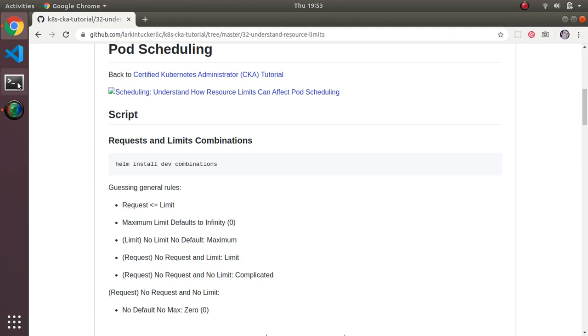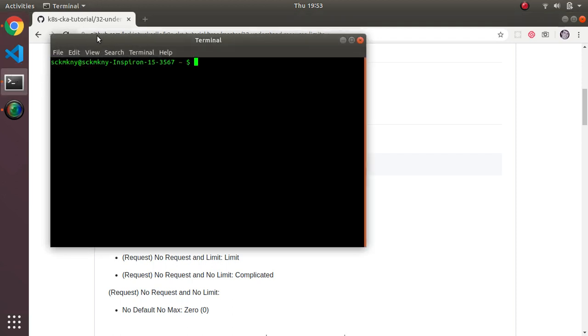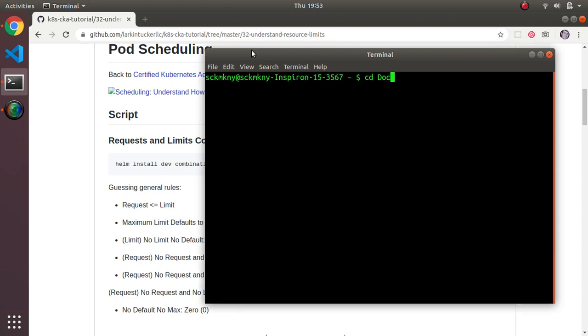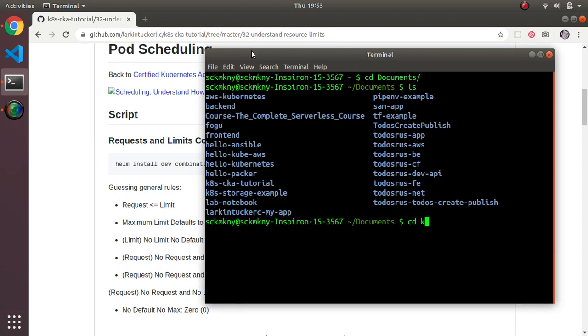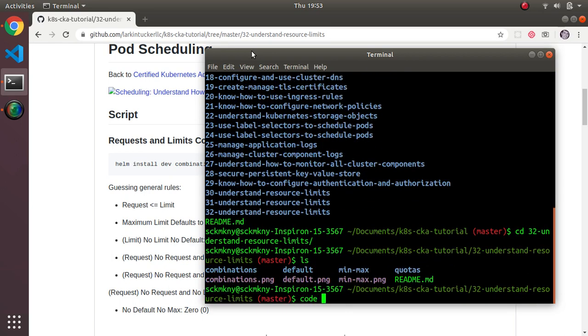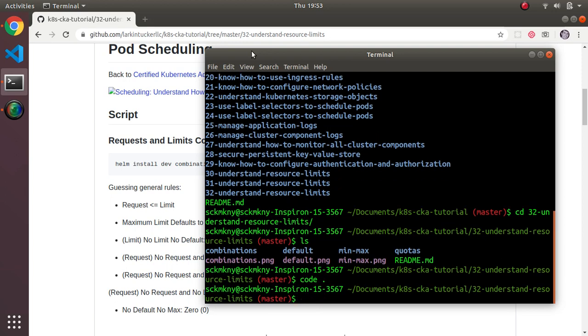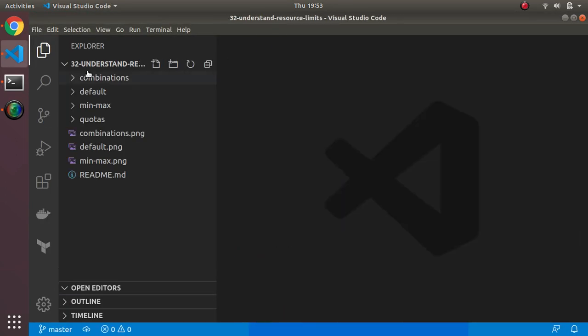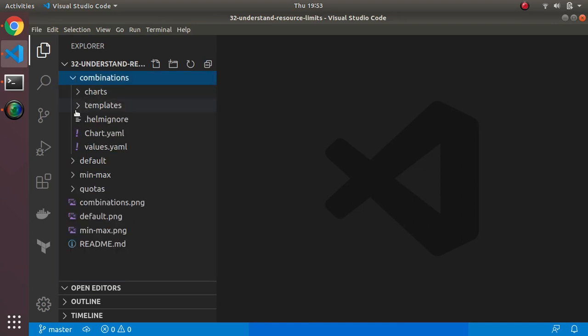So let me first go through the example here, which I apparently don't have open. Documents. This is 32. And I want to look at, I believe, this is the combinations, right? Okay, so there's a folder where I basically have various combinations of